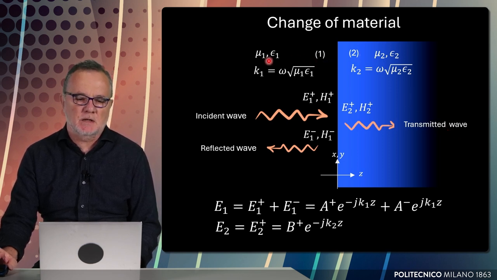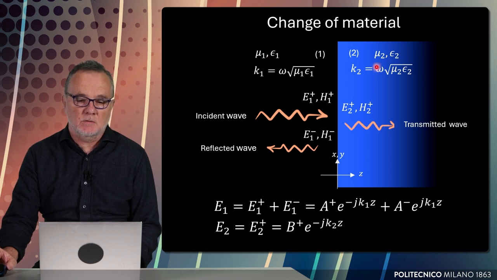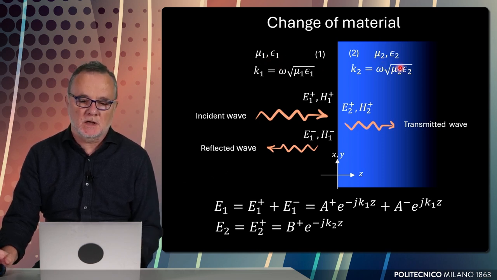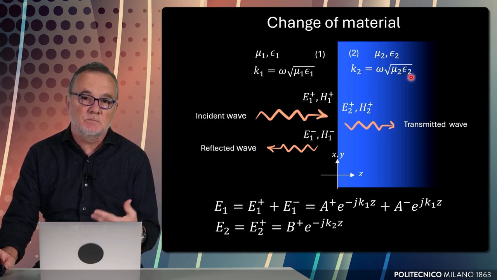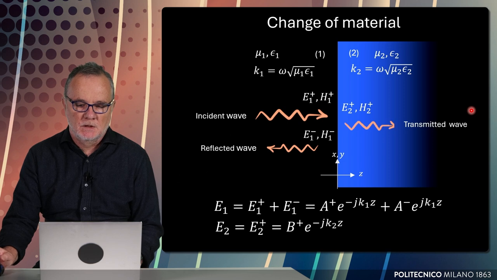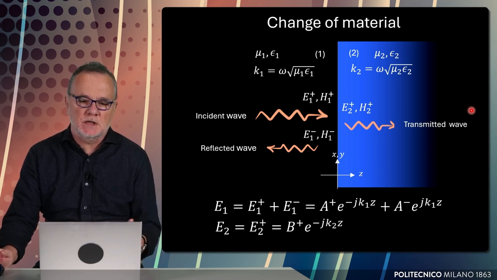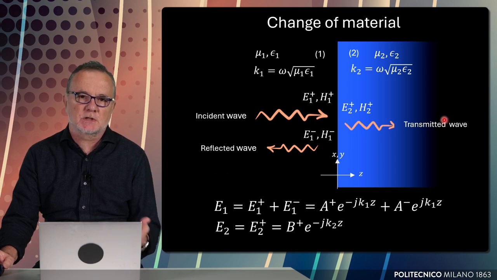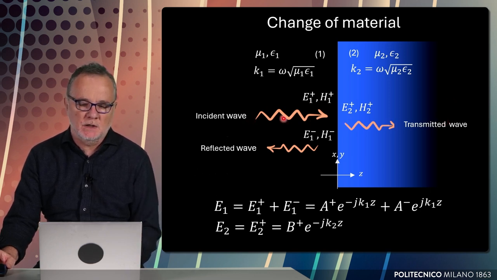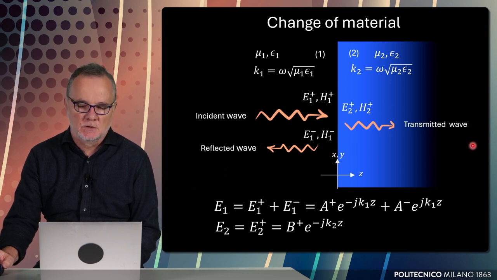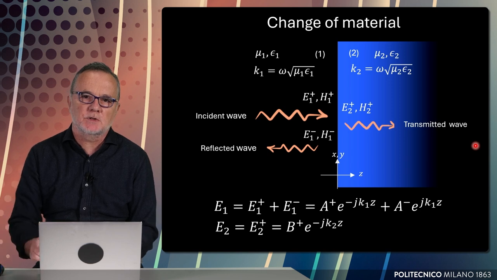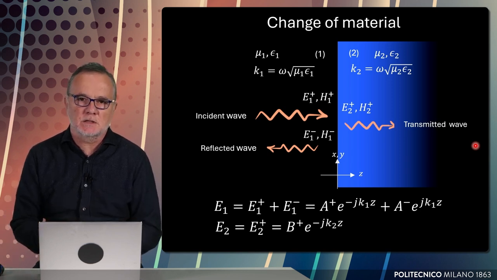The two are characterized by mu naught, mu1, epsilon 1, mu2, epsilon 2, the constitutive parameters of the two materials, by two different wave numbers and by two different wave impedances, eta 1 and eta 2. When a wave is incident from material 1 onto material 2, the general solution in terms of waves is that of an incident wave, a reflected wave, and a transmitted wave, as shown in this picture. What we want to find are the coefficients that characterize these reflected and transmitted waves from a known